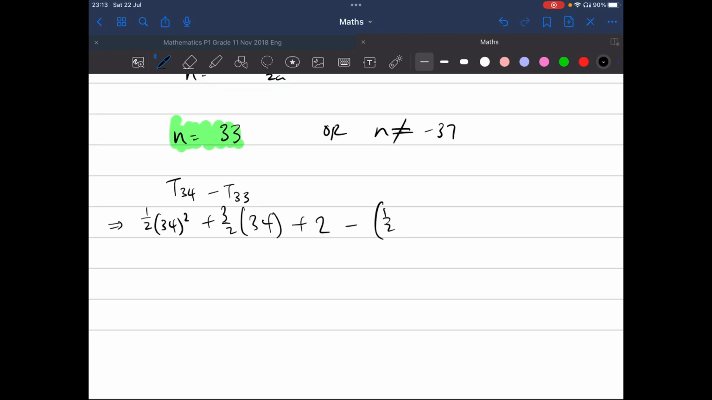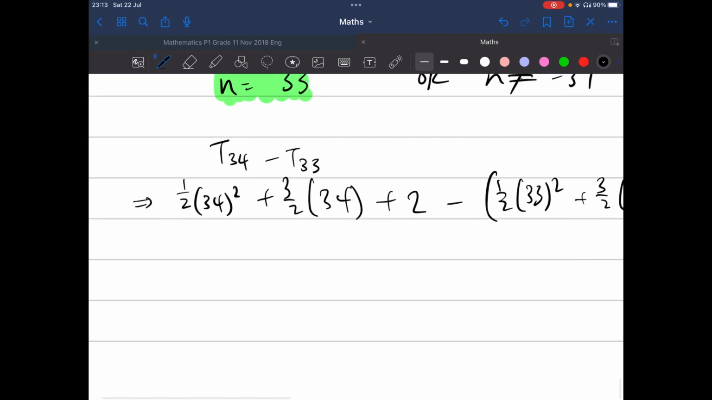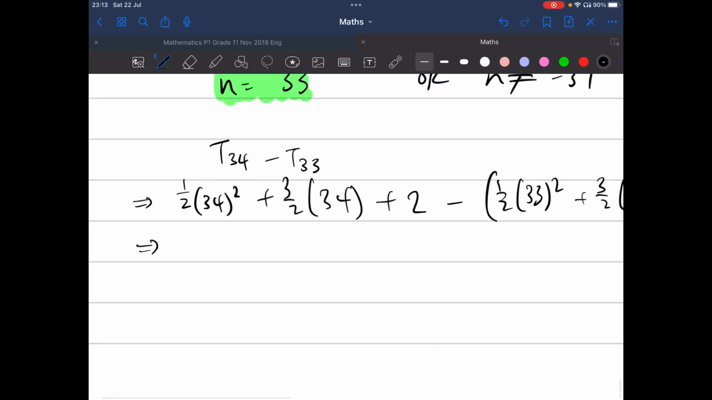So half times 33 squared plus 3 over 2 times 33 plus 2. Okay, so let's see, that gives us half 34 squared plus 3 over 2 times 34 is 51 plus 2. I'm just going to add this 2 straight away. Okay, so this will become 53